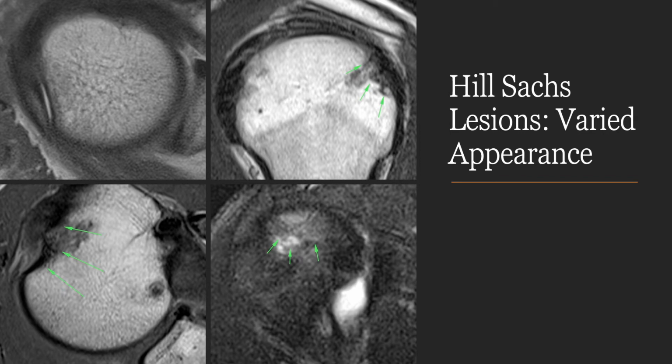You can see a more wedge-shaped Hill-Sachs lesion, and sometimes you may not really see much deformity, but you see a little bit of bone edema in somebody who's got a known history of dislocation, and this would essentially be the edema, which is the Hill-Sachs equivalent. One needs to be careful when you look in this area because the infraspinatus tendon often attaches here, and you may sometimes see insertional cystic changes which should not be mistaken for something being a Hill-Sachs lesion unless there are